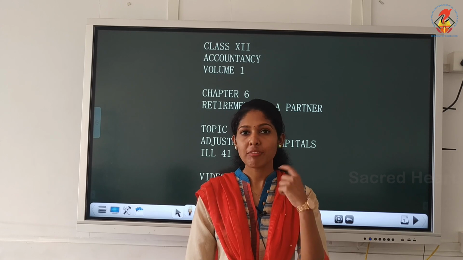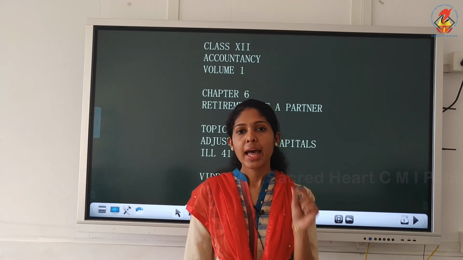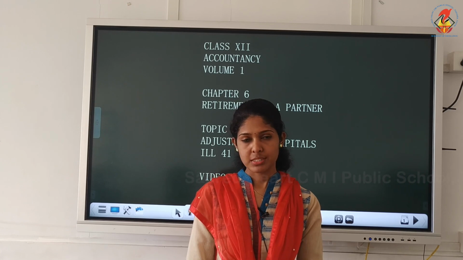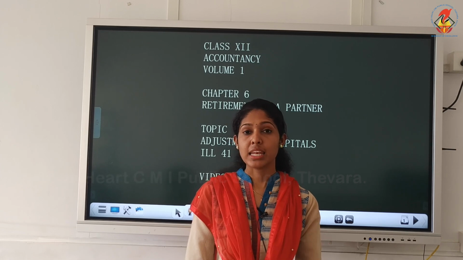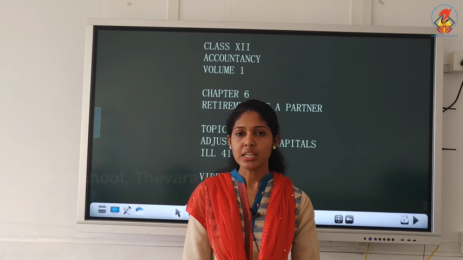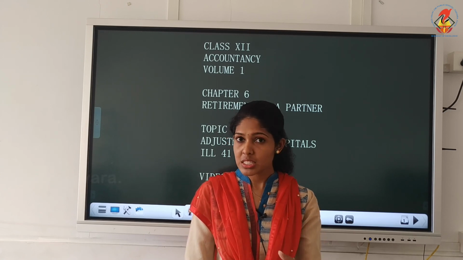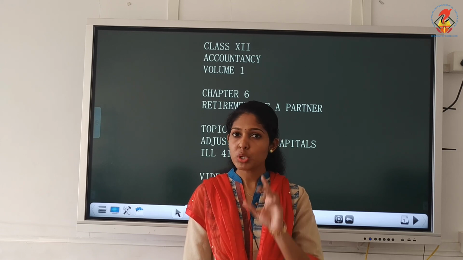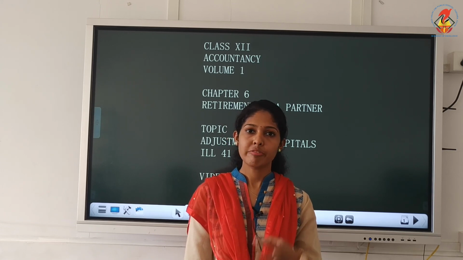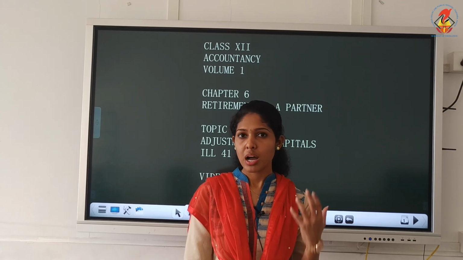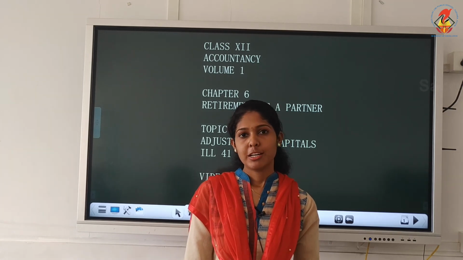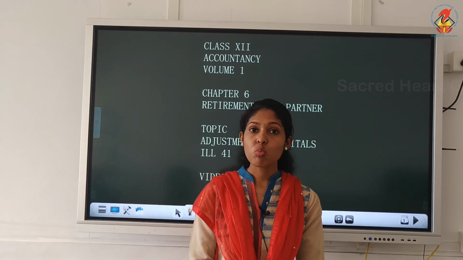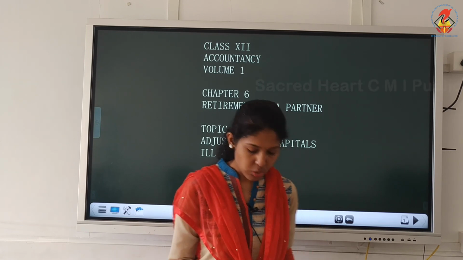And what you have to add is, with that you write and leave a desired cash balance. That means retiring partners to be paid by the remaining partners, and then you leave a desired, that means the firm has to leave or maintain a desired minimum cash balance. So that is the extra sentence which we are adding. That is how you have to identify it is method number 5. That means when you are asked to maintain a minimum cash balance, you have to confirm it as method number 5. So now we'll see what is the formula under method 5 to get the total capital.